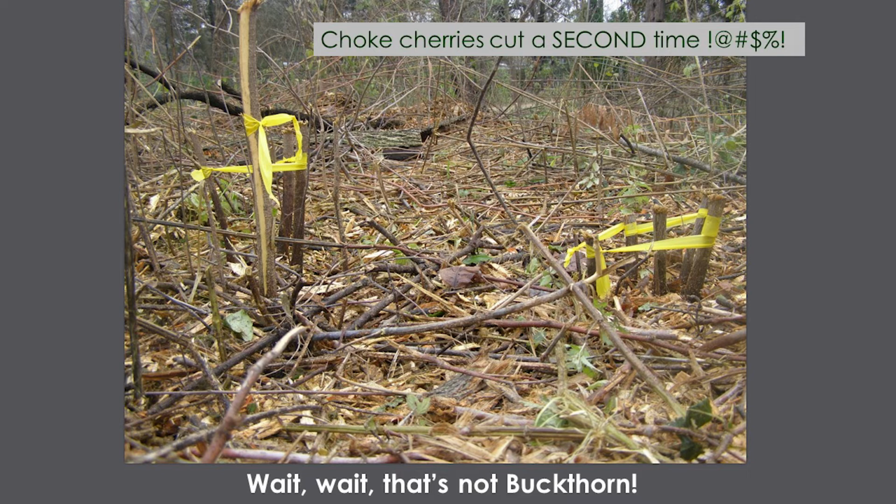When you cut hardwoods and you don't treat the stump, they will sprout from the stump, and they'll be like a shrub. So if you see a whole bunch coming out at one spot, somebody cut that choke cherry years ago. They missed the stump with the herbicide. It regrew to 8 feet tall, and then it got cut again. That's really frustrating if you're trying to do restoration. That was a really nice choke cherry clump that got taken out, and you can be sure that doesn't happen on your property, right?